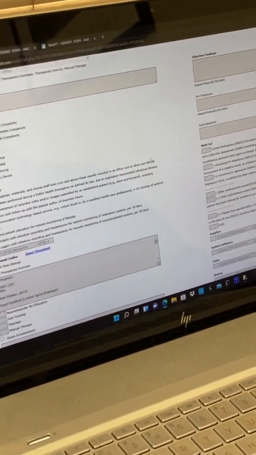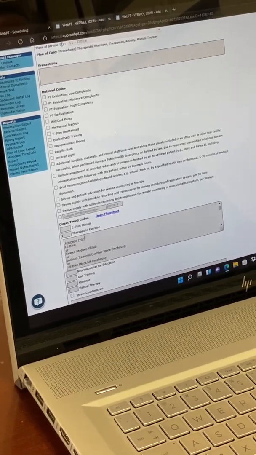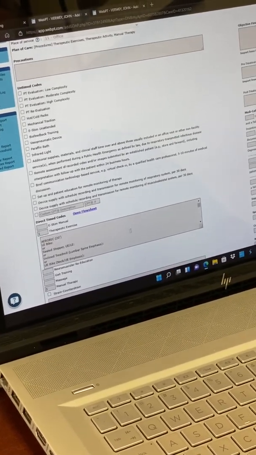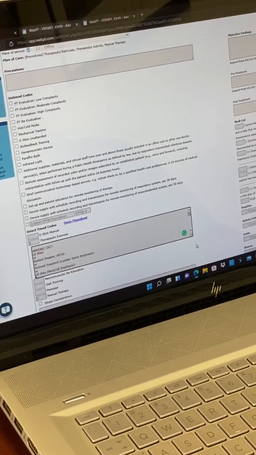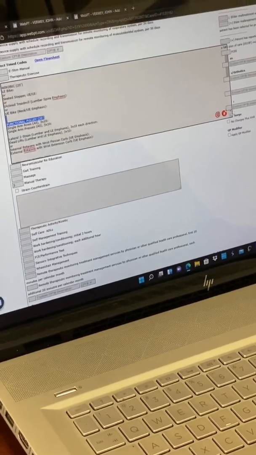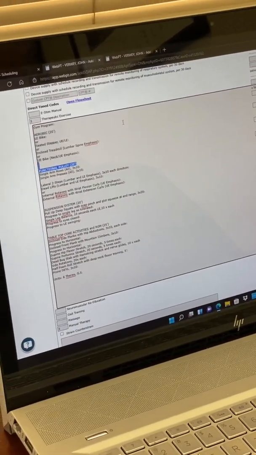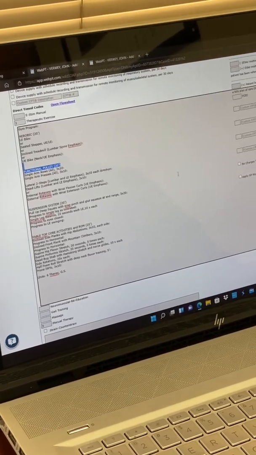And instead of using this box like we normally do, we're just going to go ahead and click this into the therapeutic exercise box, which I've actually already done here. So you're going to copy and paste it into this therapeutic exercise box, and you're going to see that this program,